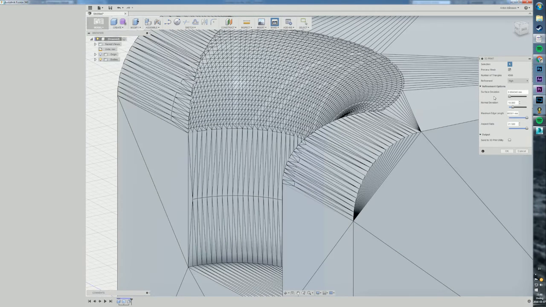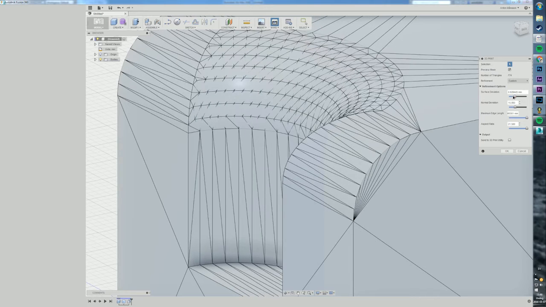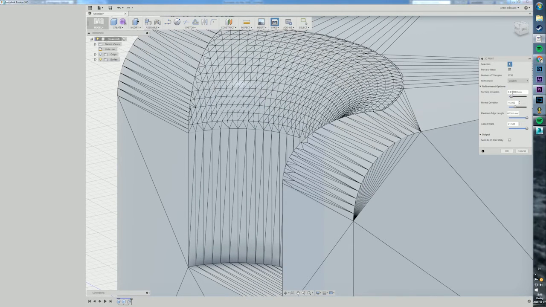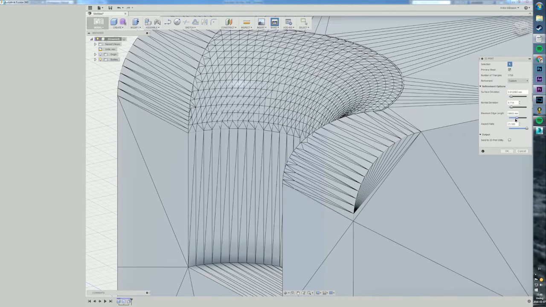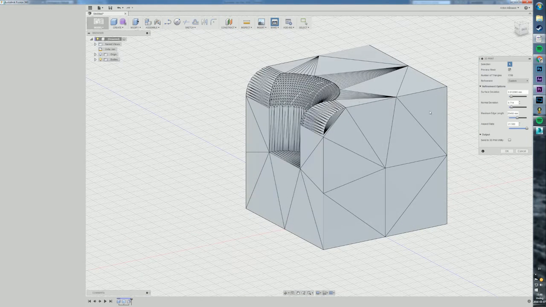adjust the settings here. So you can do a surface deviation. That means that you can control how much you want to deviate. So let's say 0.012. I think that's pretty good. You can have a normal deviation as well. Maximum length of triangles. This is just to divide it into more models. You can see here that we're creating more or less just